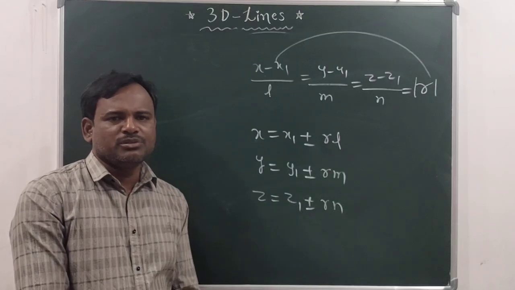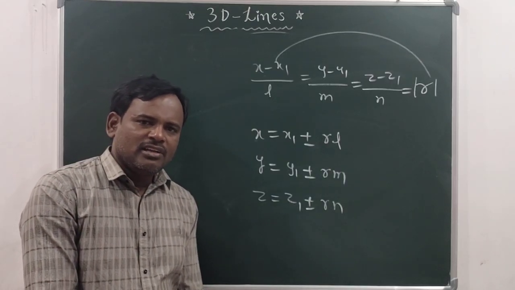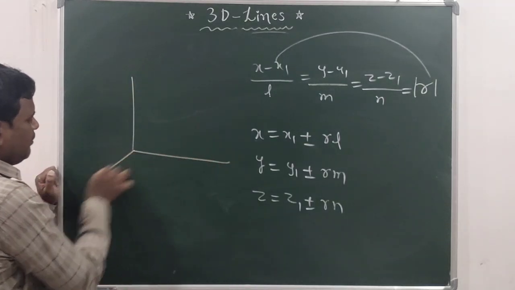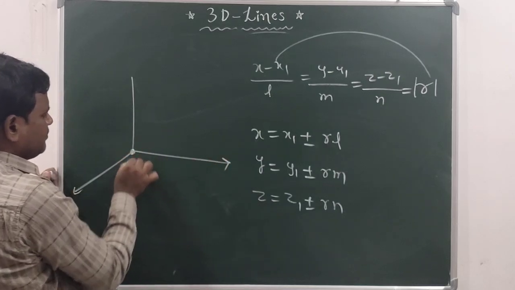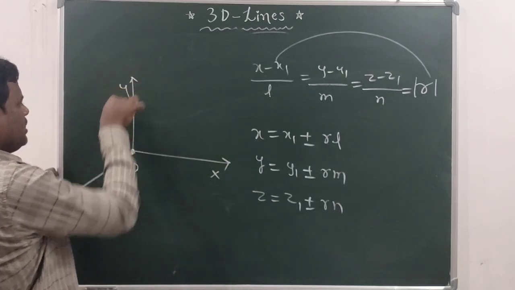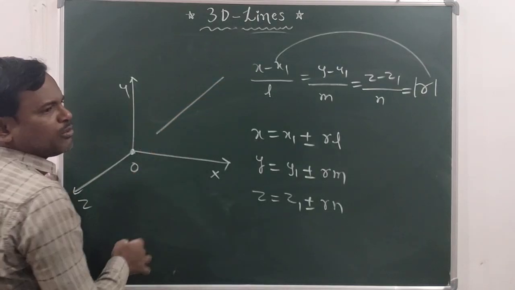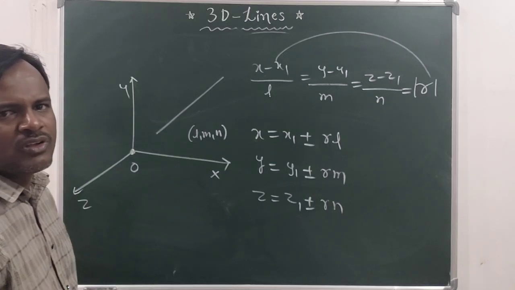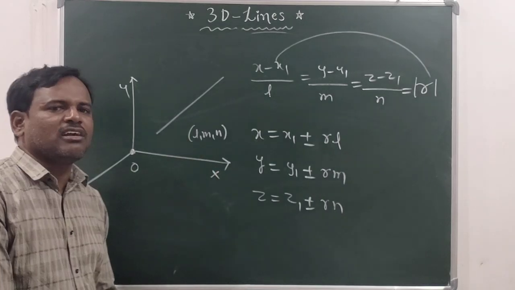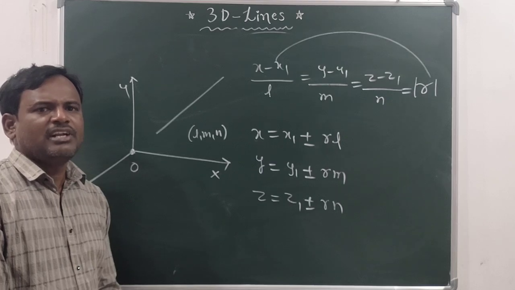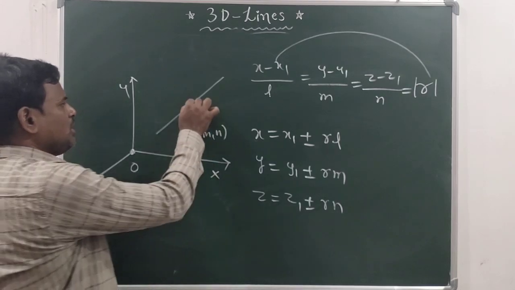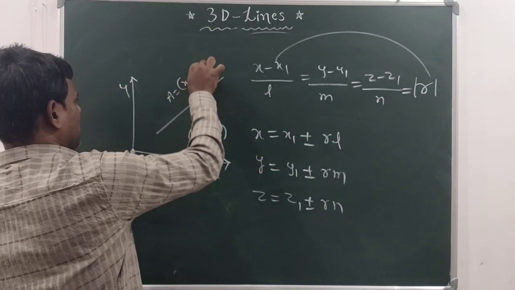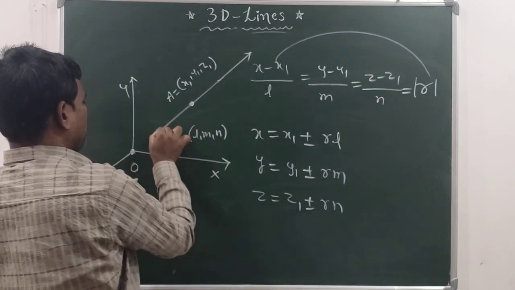So where do we use this parametric form? In the straight lines also we have got. In 3D they will give you one line, with axes OX, OY, OZ. One line will be given to you whose DRs or DCs will be given to you, whose DCs are l, m, n. They will give you a fixed point A, whose coordinates are x1, y1, z1. And they will ask us to find